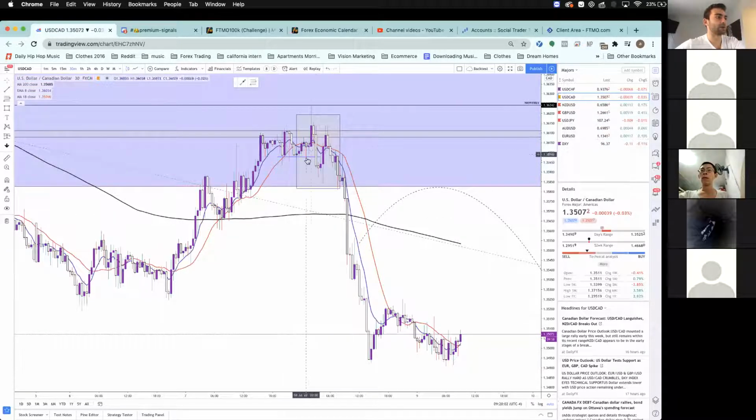So we had this 30-minute higher low form, this break, retest. I would enter right on this entry right there. So USDCAD at the moment, let's look at